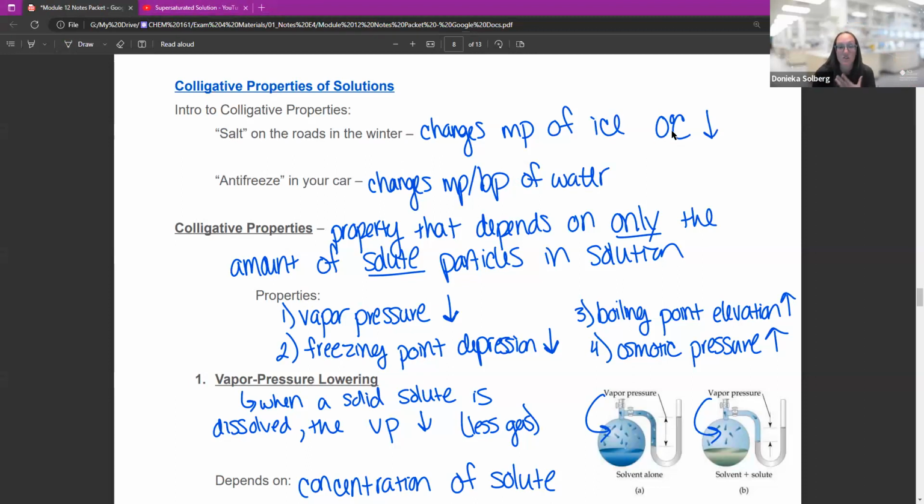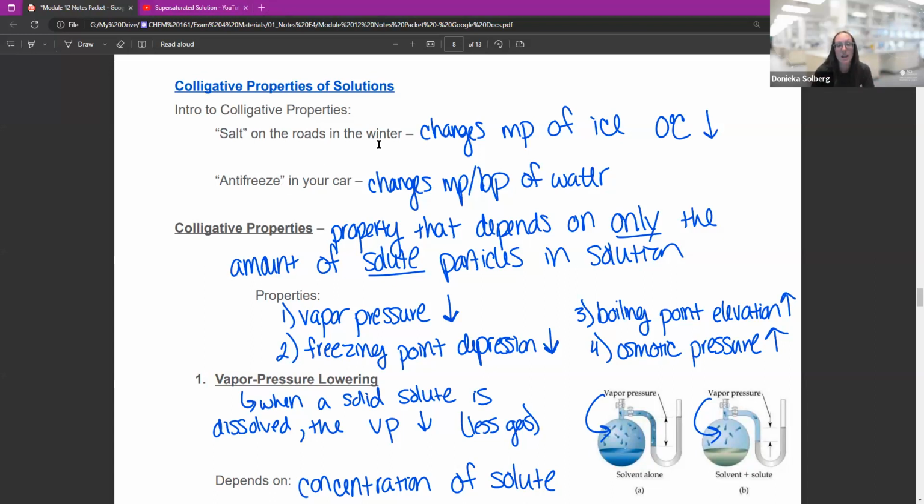So the more salt you have dissolved, the lower the melting point. And that actually affects the road so that it's liquid instead of solid ice. Also, antifreeze in your car changes the melting and boiling point of water to make it so that your engine doesn't get too hot. So these are both examples of colligative properties, and I'm going to show you how you can actually calculate